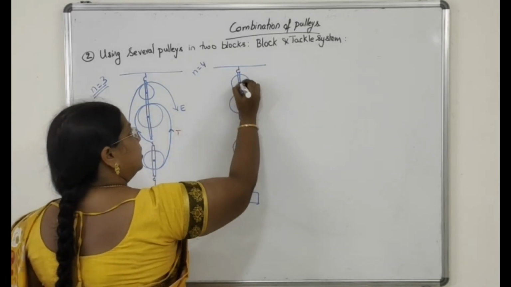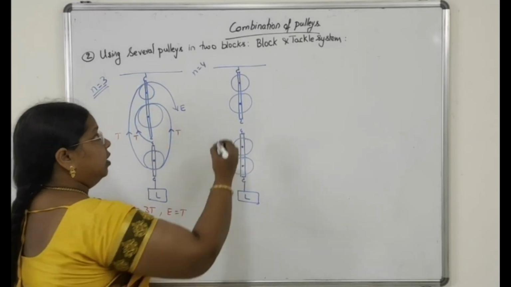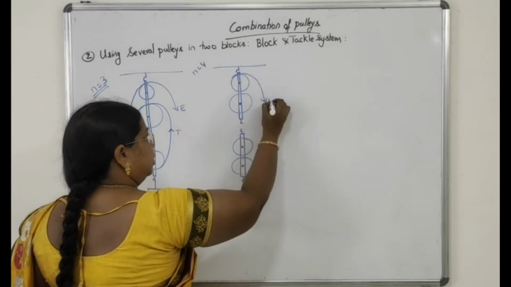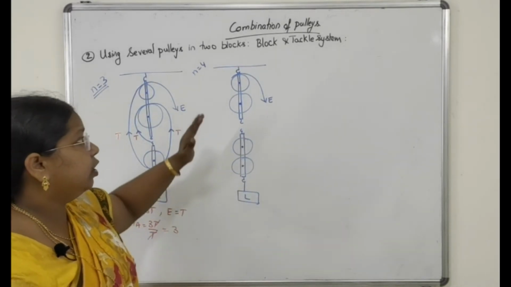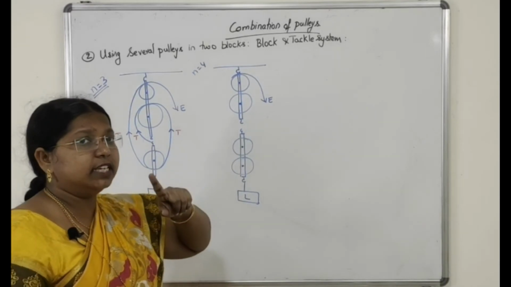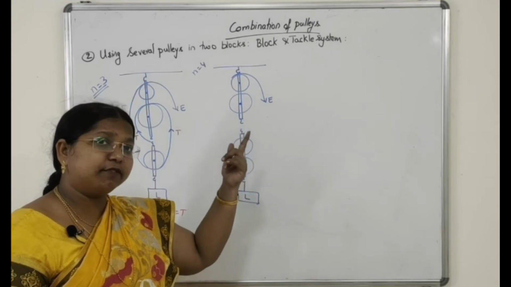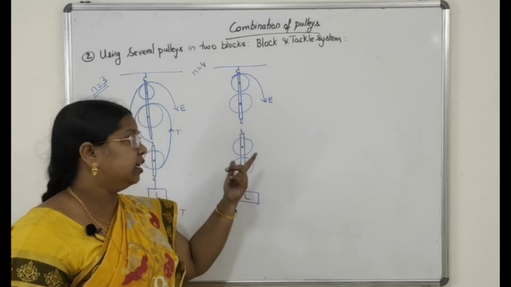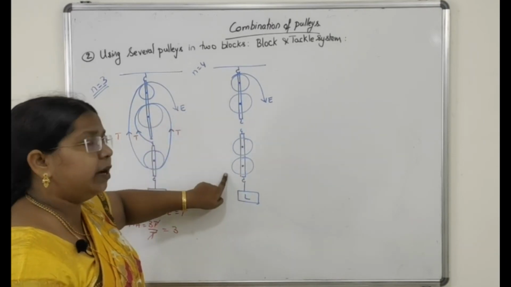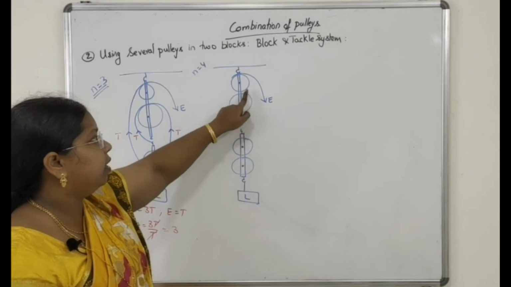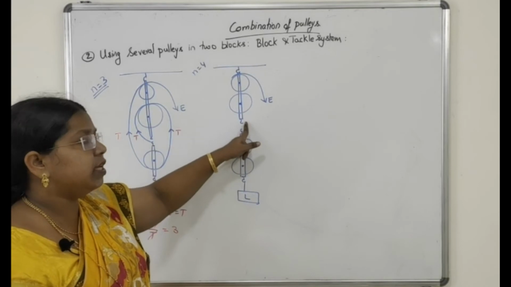Now let us fix the axis of rotation. Now let us start. Effort is in downward direction. Now we should move the string around the pulleys. We are using a number of pulleys with a single string. In the previous combination, different pulleys had different strings. Here, different pulleys, same string. So the string should pass to the lower one turn, to the upper, one more turn, lower, one more turn. Here we don't have any more pulleys, so fix it to the upper block.